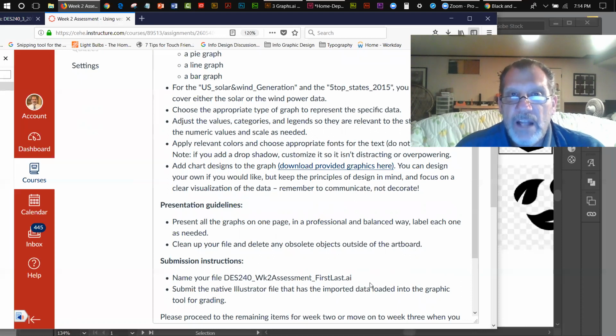If you use any kind of a linked graphic, which is a bitmap, I'm going to show you how to get around that. But one of the things that it's going to be important for you to do, if you change the fonts,